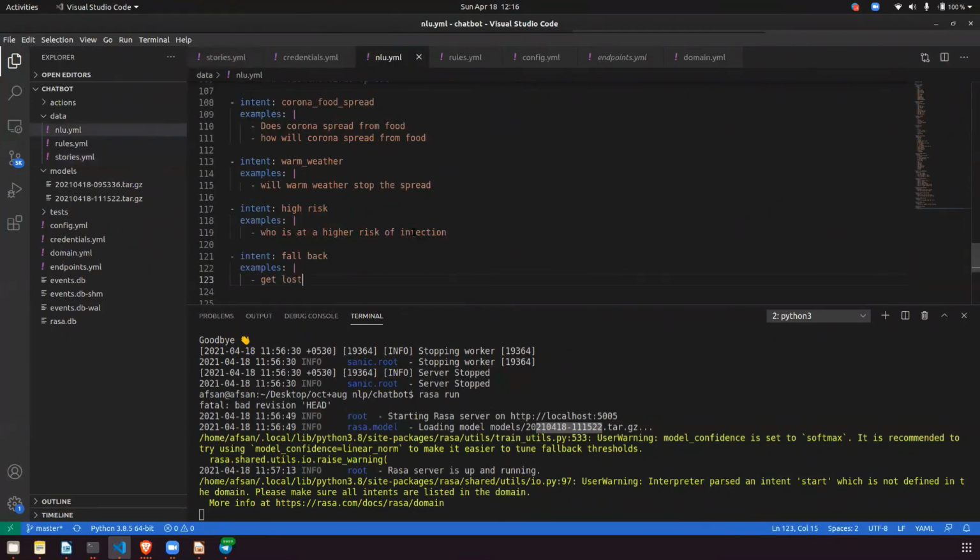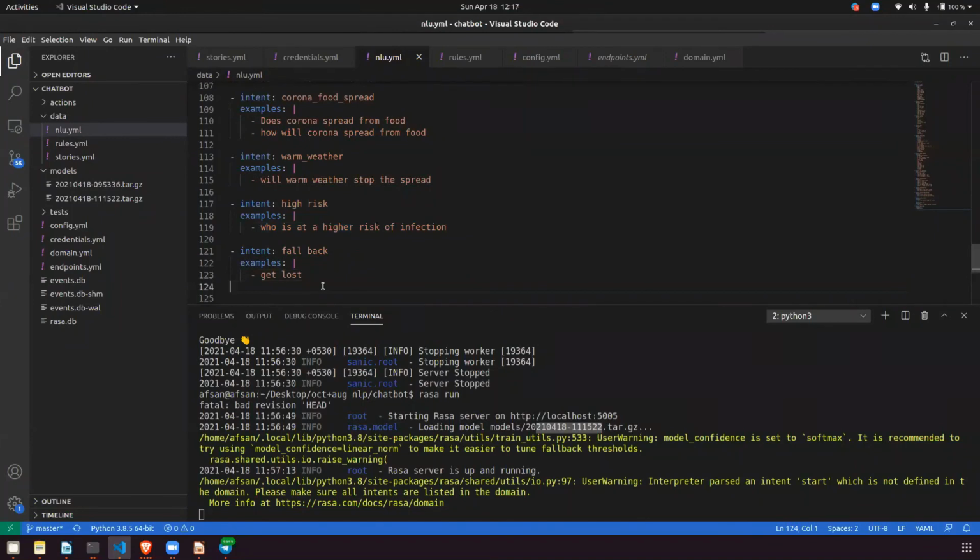Like if we type, the fallback option is for whatever we don't know the user is going to type, right? Yeah, whatever we haven't covered here. In this chatbot, the rule is that the fallback means that if, suppose, the user is saying a bad word, then give them some message like "please behave yourself", something like that. So it is a fallback here. If the user is typing something which is not recognized by the model, it will not do anything. It will not give any output. Getting my point? What I'm trying to say.